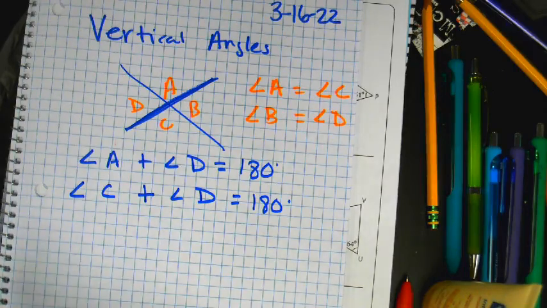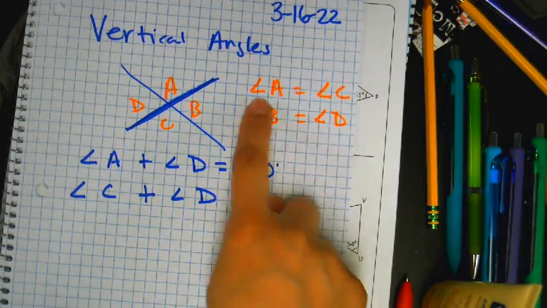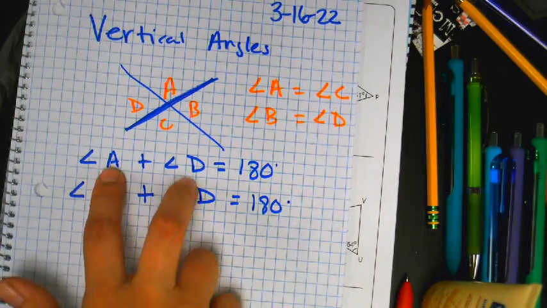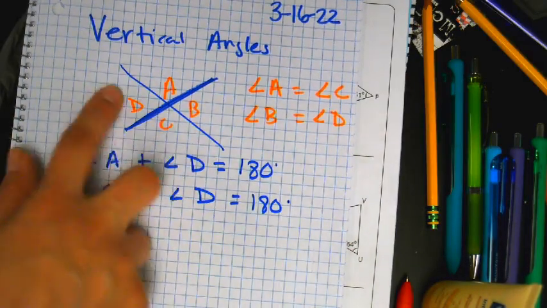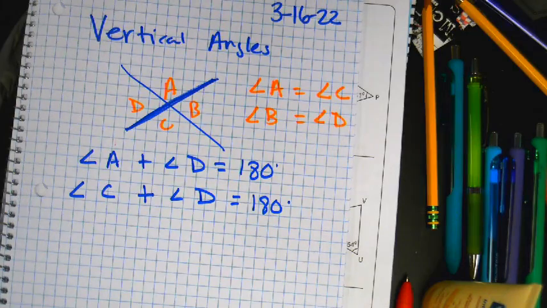All right. Vertical angles, just 5th and 6th. Vertical angles, they're equal to each other. You also should know that AD makes a straight line, CD makes a straight line, BC and AB, right? So all of these make 180, and then those are vertical angles. All right. So then,